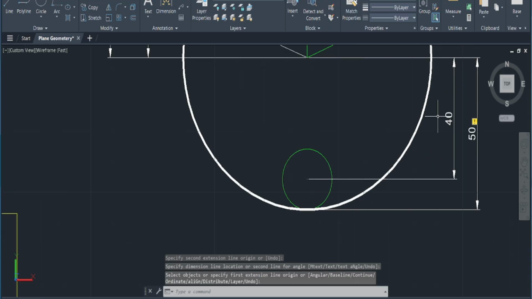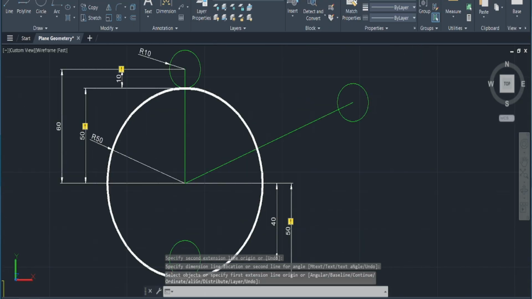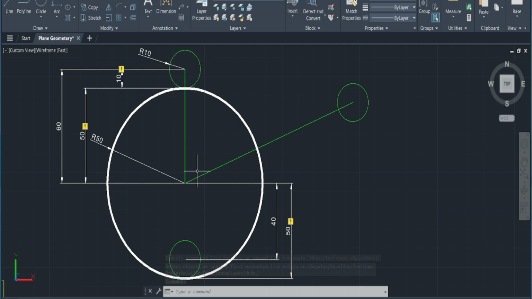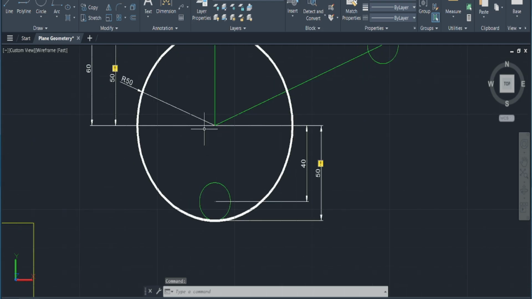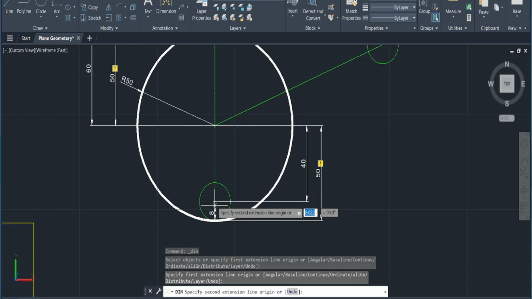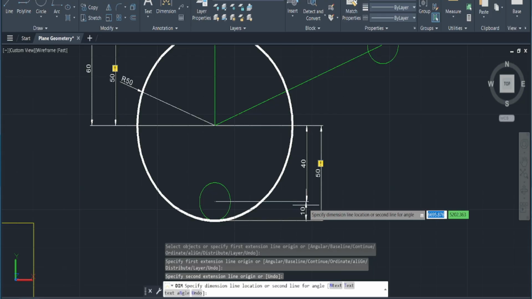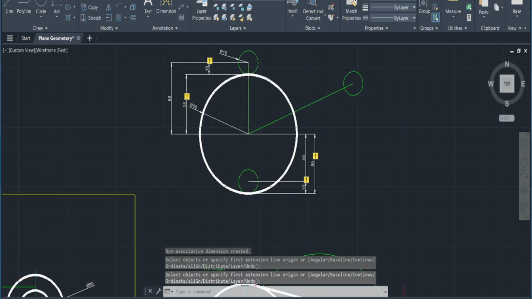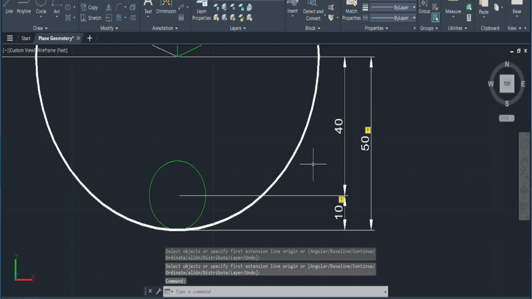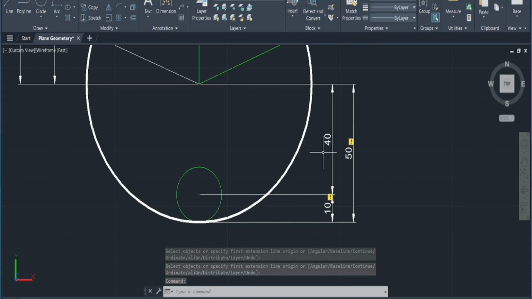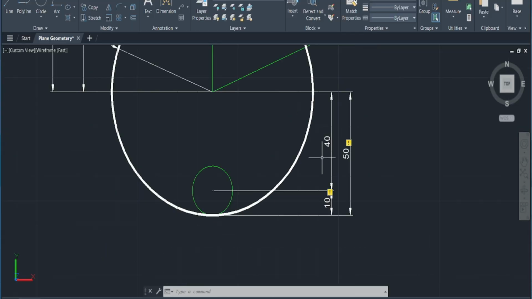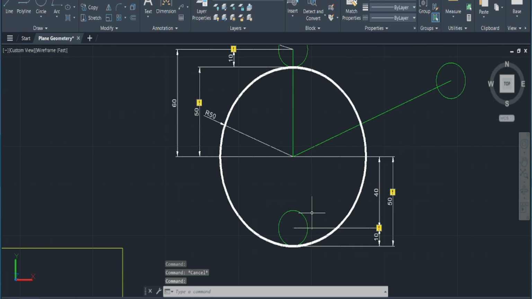Now this number looks familiar, because in this example up here we took from center to center of the circle. So for this one, this is from center to center, but the number is different. The number is smaller by 10, and we know that the distance from here to here is actually 10. So just ignore the exclamation marks, we can clearly see that since the difference from here to here is 40 and 10 is 50,